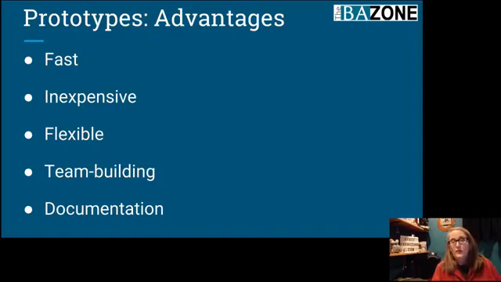I also find this to be really valuable for team building. I've learned over time that when things start to get a little stressed and people start to feel like they're being left out, it's an excellent time to do a little prototyping, because you can get everybody in the room, everybody's engaged, everybody's being heard, and it helps get over some rough spots sometimes. And there's never a bad time to do prototyping. It is the kind of thing that you're going to do multiple sessions of, so might as well kill two birds with one stone.